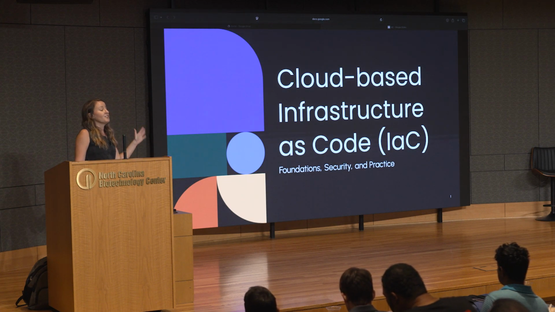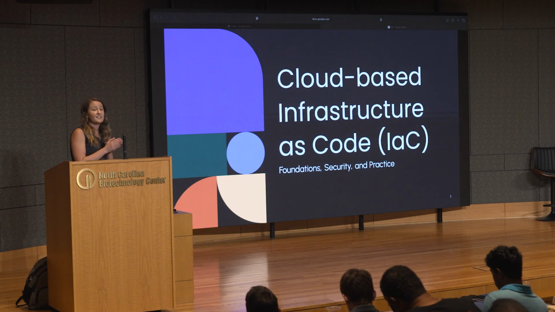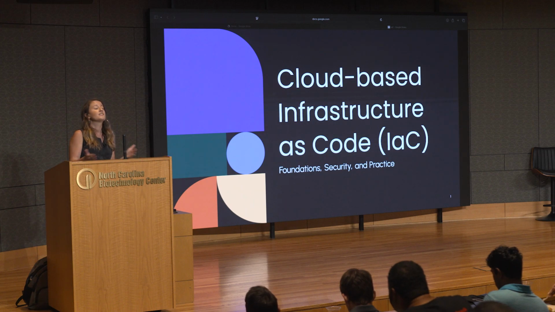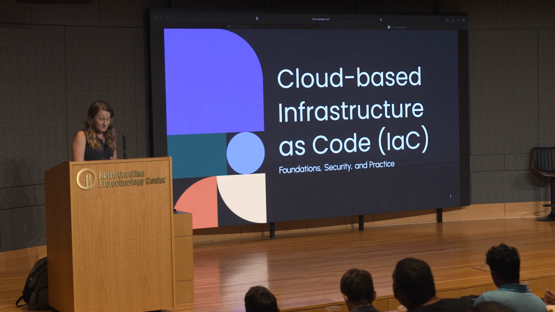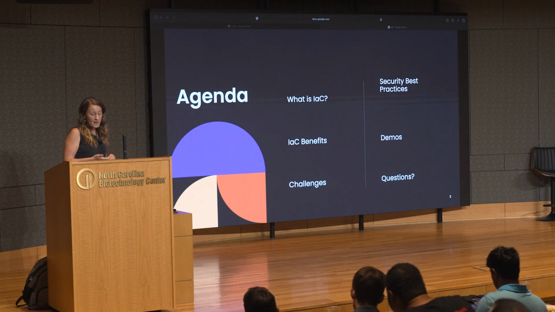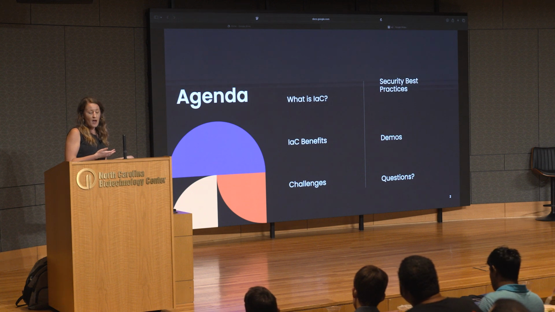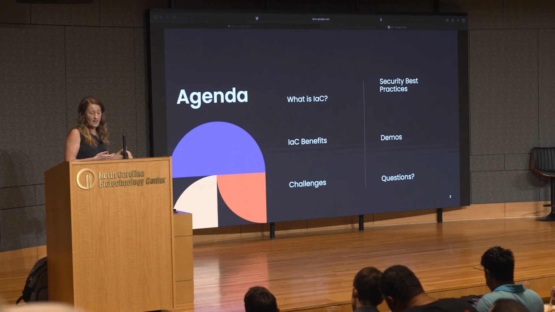Okay, so that is where infrastructure as code comes into play. It is super helpful with testing. It's super helpful if you have a CI/CD pipeline where you work. It's awesome for that. So tonight we're going to talk about IAC, what the benefits of it are, what challenges teams face, and what some security best practices are while using IAC. Tonight we'll be using Pulumi, which is a tool that I've learned from my job, and we'll be using AWS.